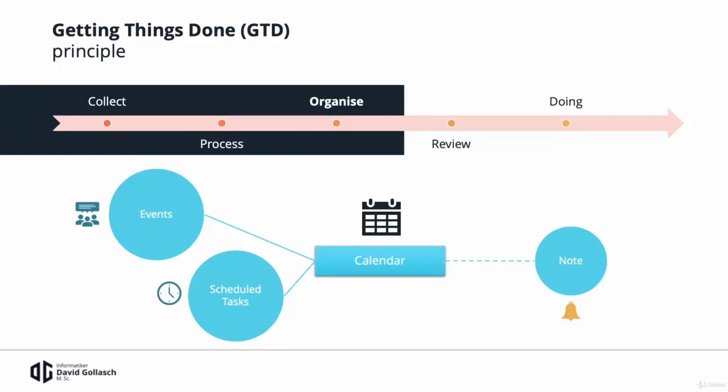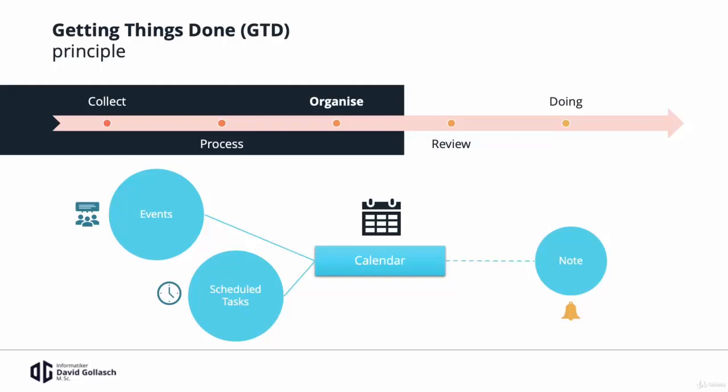So these are not directly tasks, but they are just time-specific things or time slots that are reserved for doing something specific. For example, the meeting. On the other hand, you put tasks onto your calendar which have a really specified start and end date,